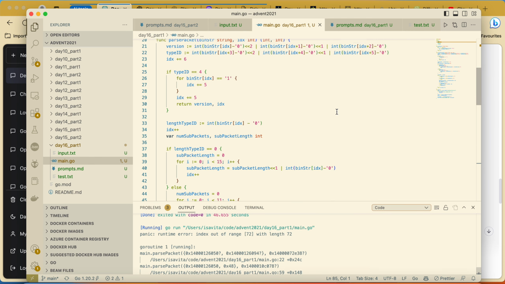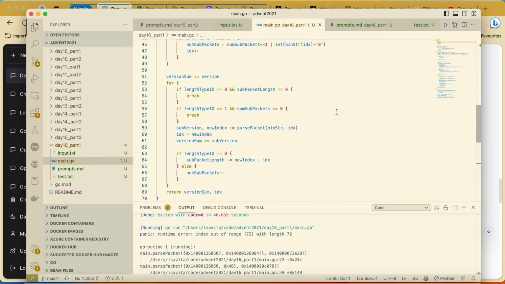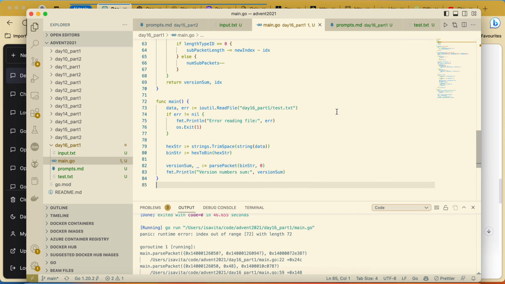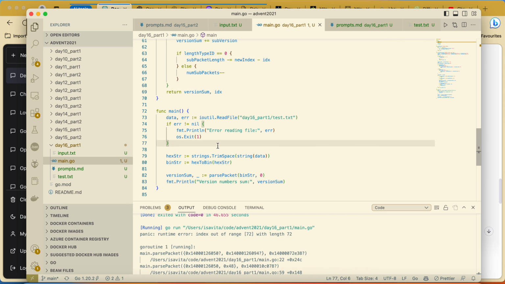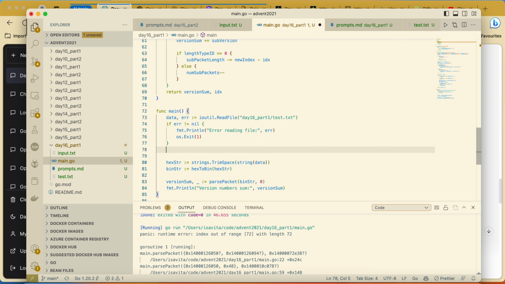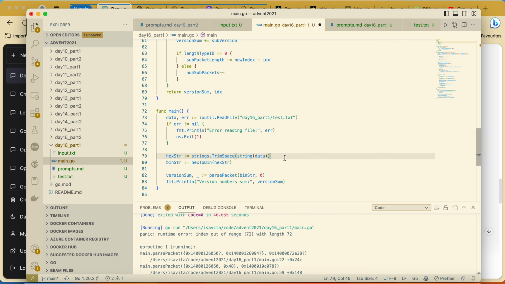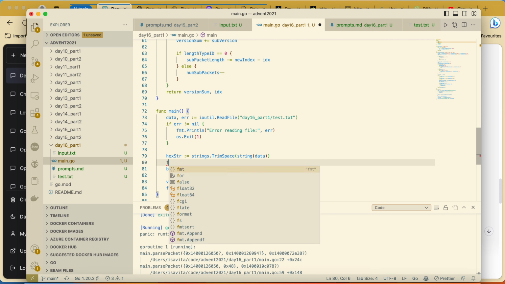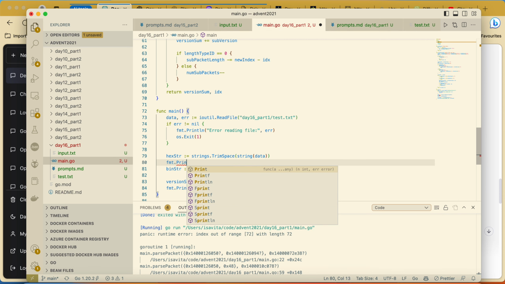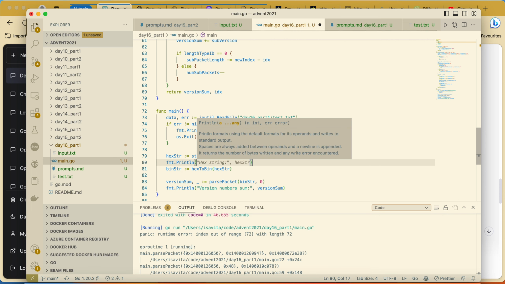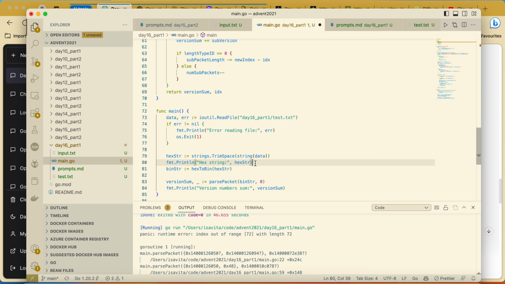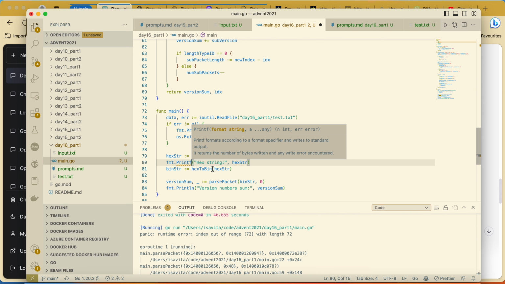Let's try to debug line by line. Here the first part is we read the data correctly and we get the hexadecimal string without any spaces and stuff like that. Printf, why do I want printf?